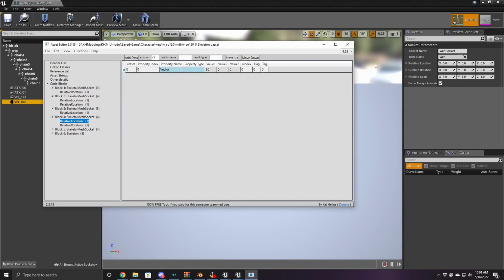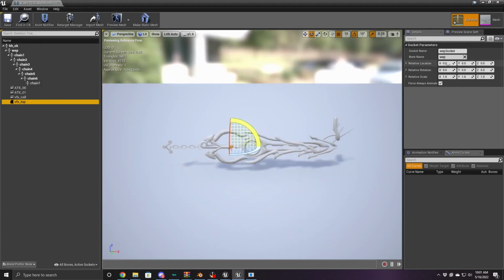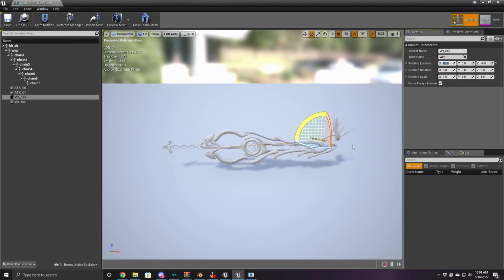And for the location, it's 80 again, so I'm going to... Oh, wait, sorry, hang on. This one was a bit before, so I'm actually going to decrease this a little bit. I guess to about there. I'll do like 85 just as an example. You can toy around with this, but